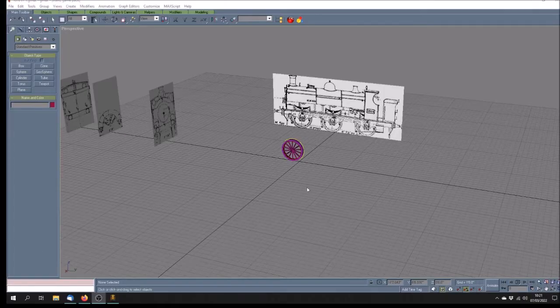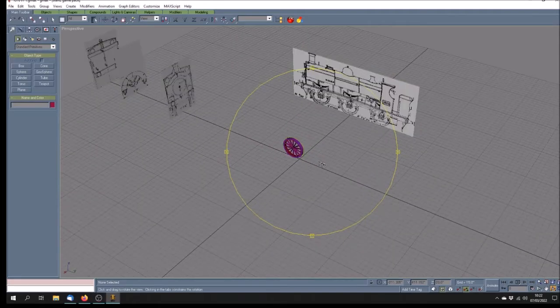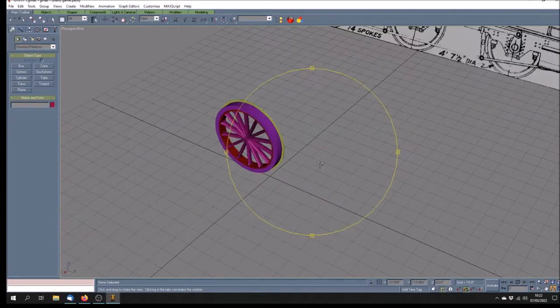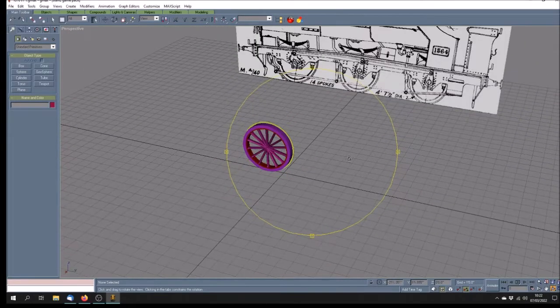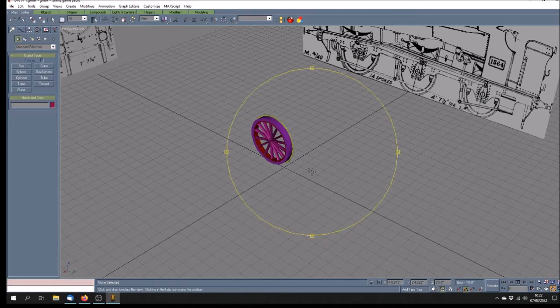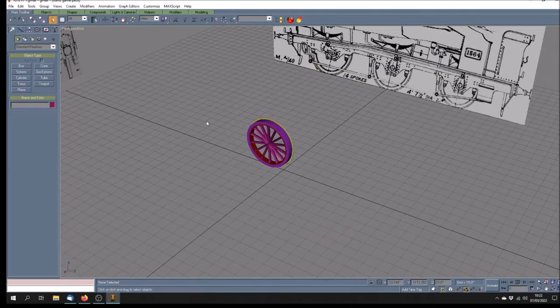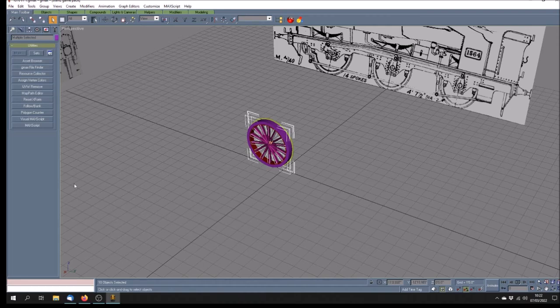This is the fourth tutorial in my little series about working with Gmax to make models for Trainz railsim, and in this session what I want to do is to explain what I seek to achieve when I'm editing meshes. And if we just look at the size of that, this is the wheel, the standard wheel that is going to form part of the bogey, and we look at the poly count,